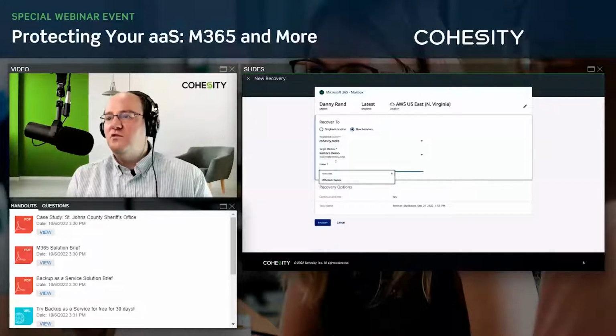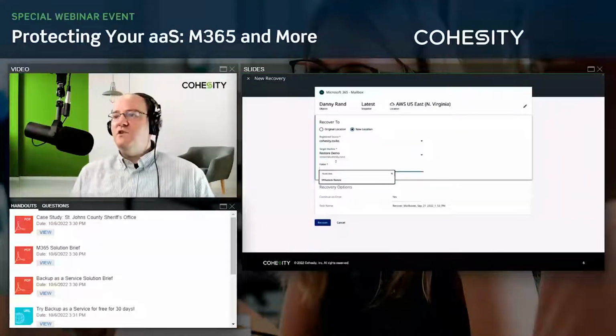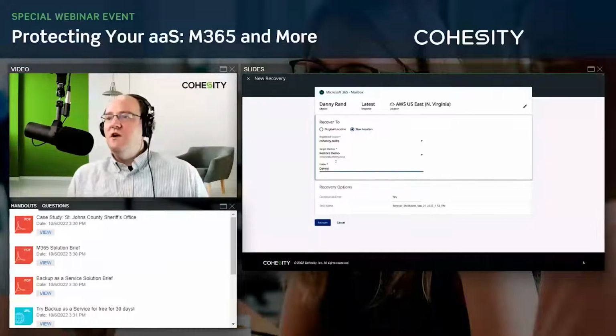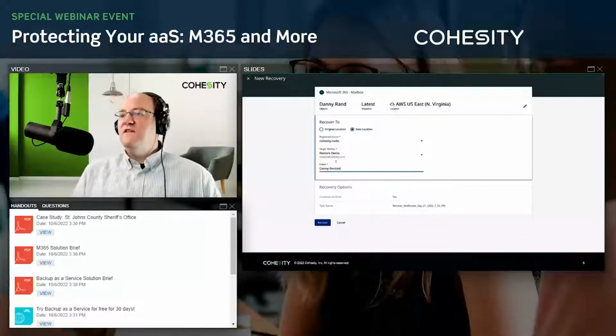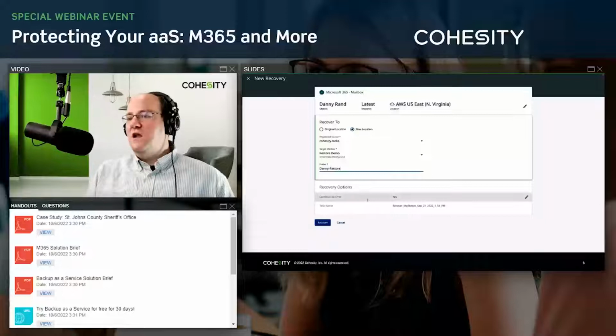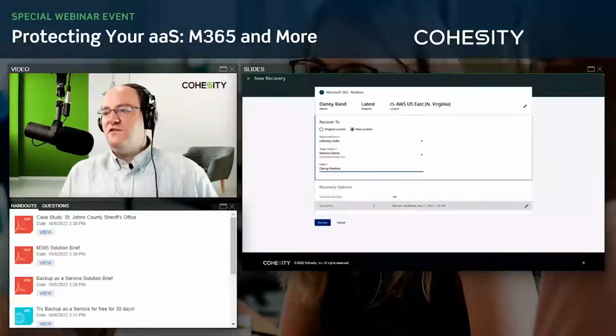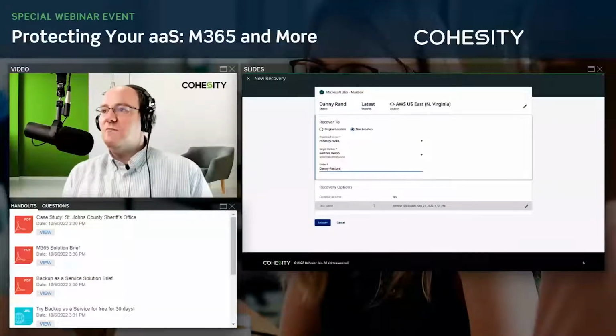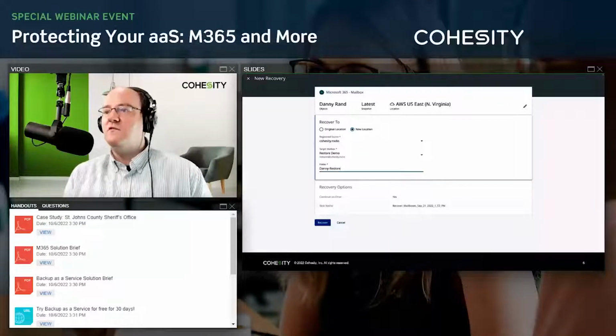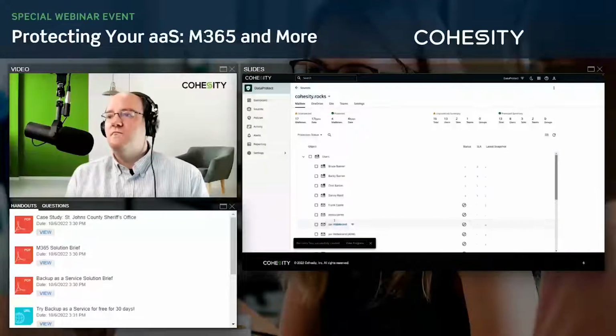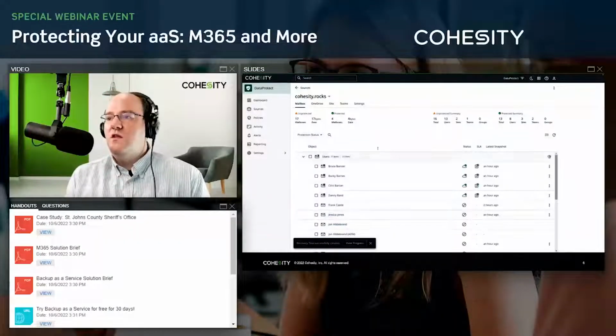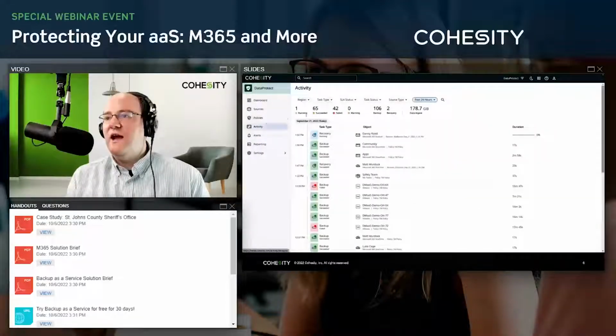We had the folder name previously for Matt Murdock, but in this case we're going to put in Danny-restore, and we're going to start the recovery process of the mailbox of this particular user. Once again, we can head to the activities and take a look at the overall activity.